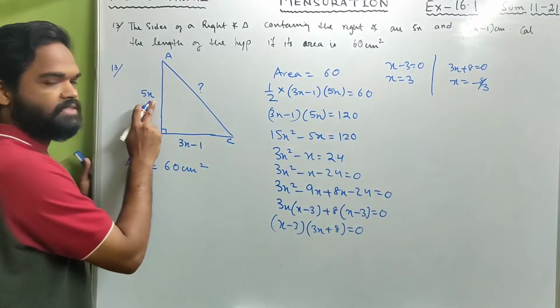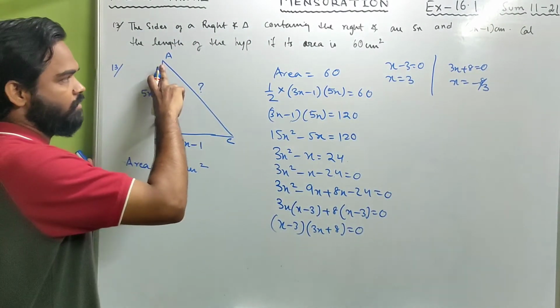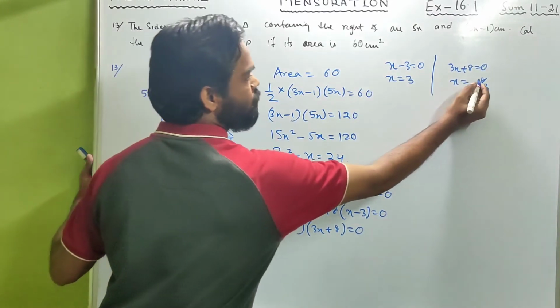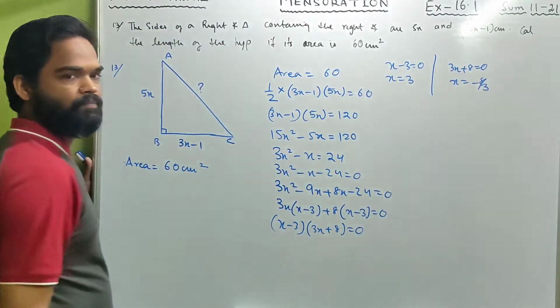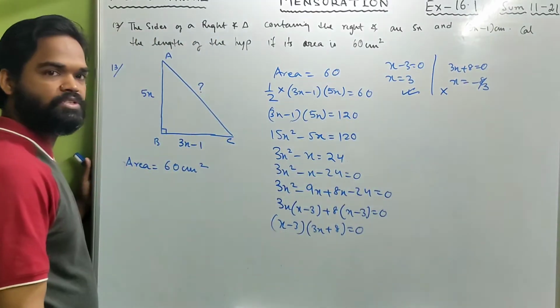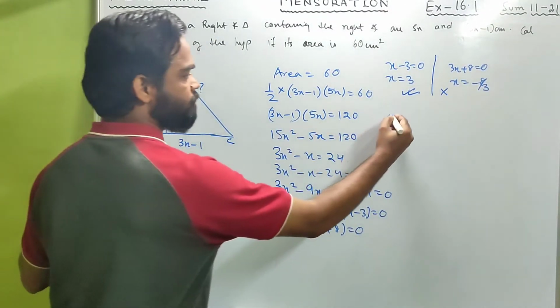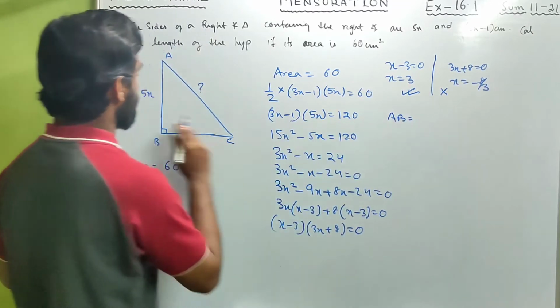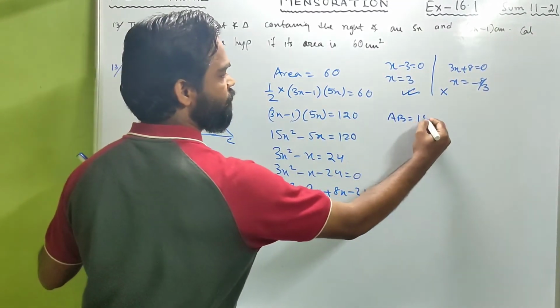When you put x equals minus 8 by 3, AB will be negative, which means this is not possible. So x equals 3 is possible, which means AB will be 5 threes are 15